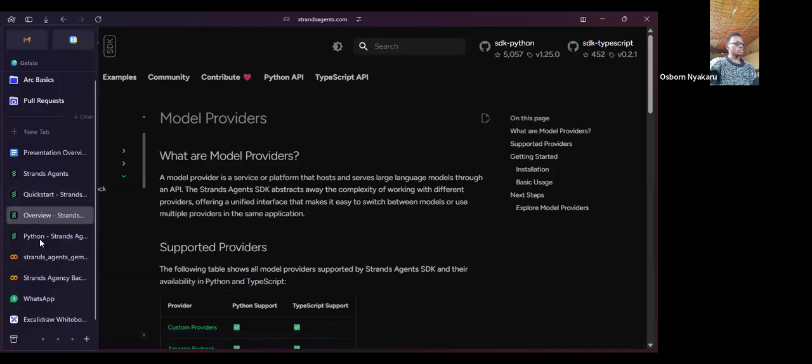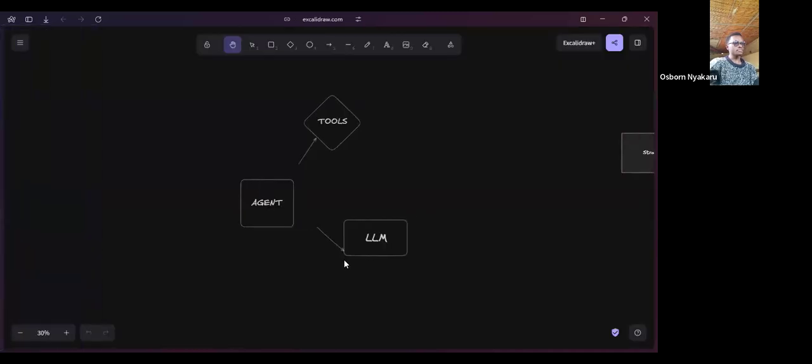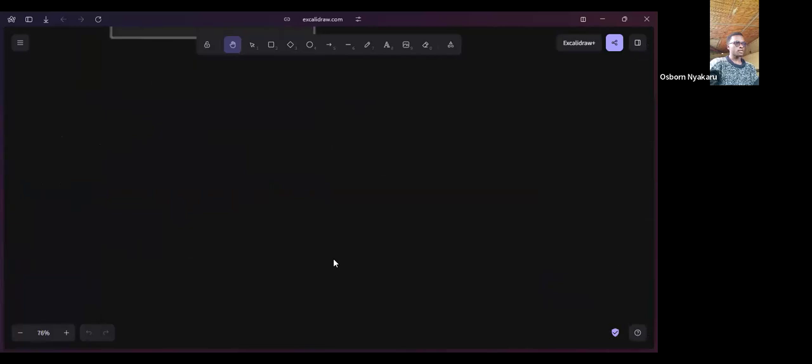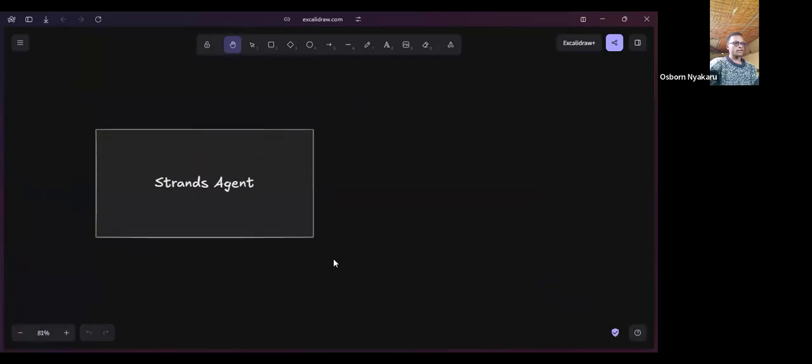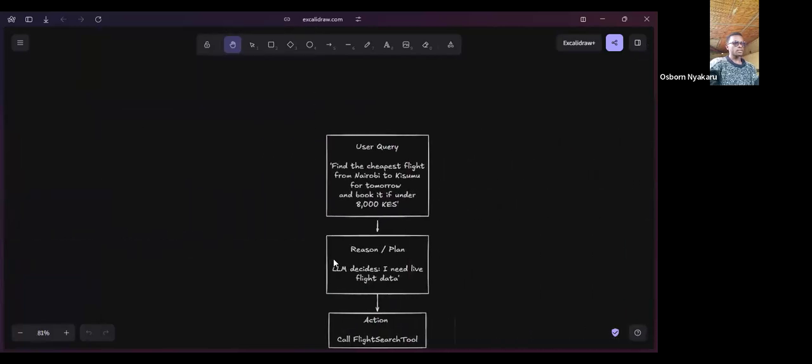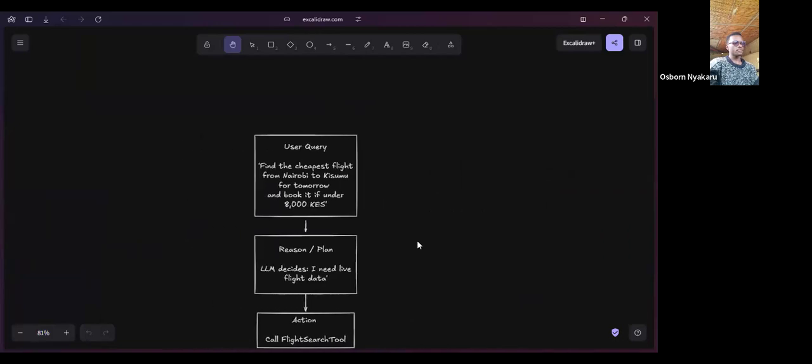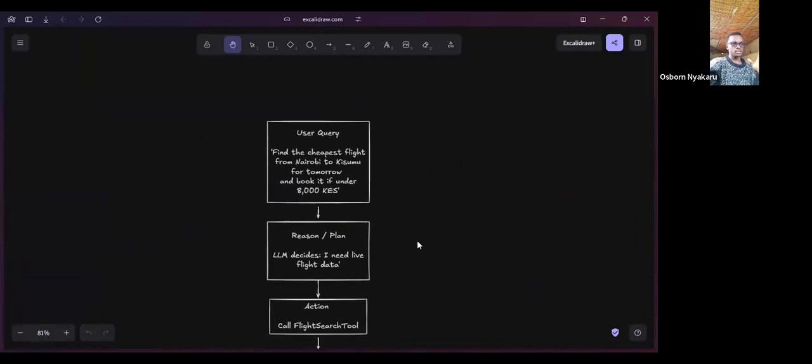So I want to go back to something. We do have an example of the agentic loop from a query to an output.